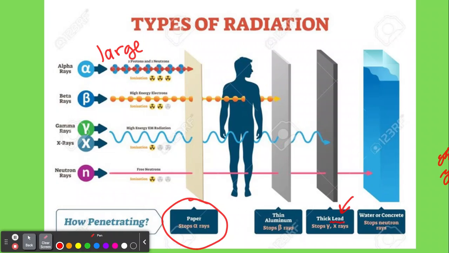Now, there's also neutron rays or neutrons. Neutrons can go through pretty much everything. They even can go through lead. They are stopped by water or concrete, which is part of the reason that you will learn that they use water in a lot of nuclear facilities. Okay, and that's part of the reason, is they're able to stop neutrons from traveling. All right, so next,